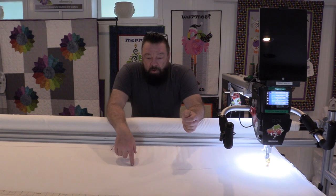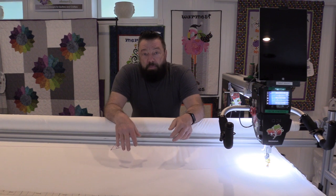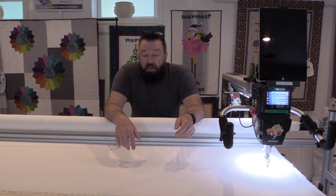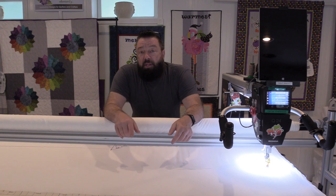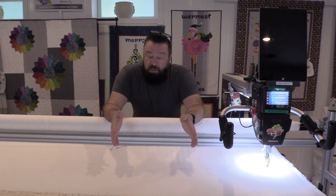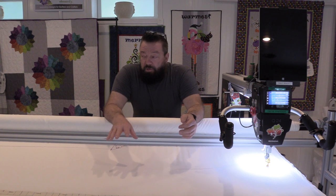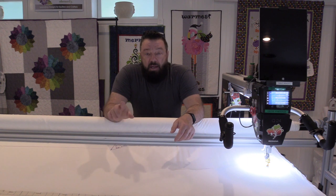But I have white fabric on the top, I have the same fabric on the backing, and I also have purchased batting that I use for doing samples like this when it's on sale. I know all of these things do have a cost associated with them, but they don't have all the labor associated with practicing on my quilt or somebody else's quilt. Also, when I'm finished with this, I could cut this up into sections and make dog beds for the local shelter or something. I have it put on the frame just the way I normally would,